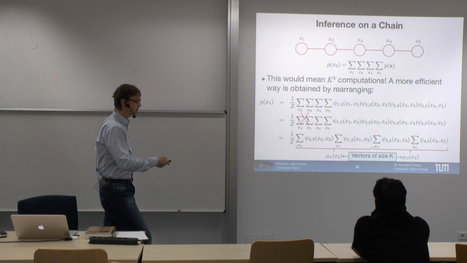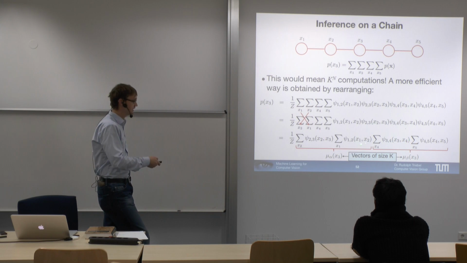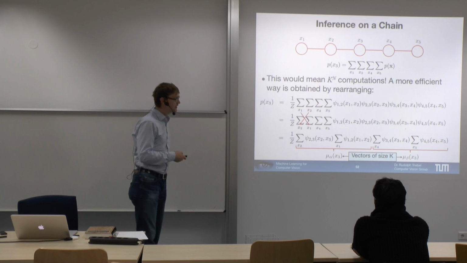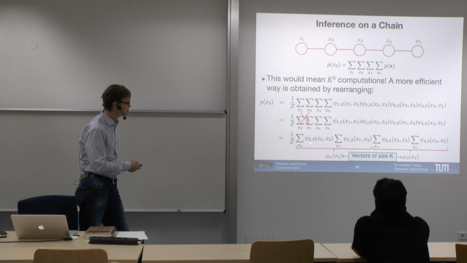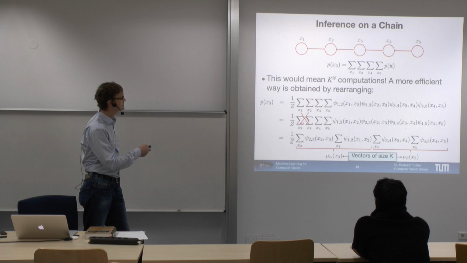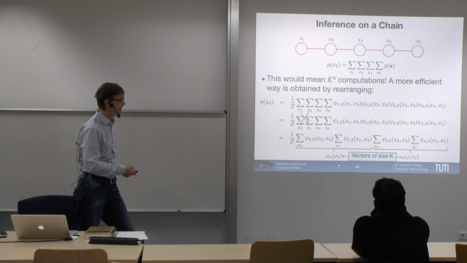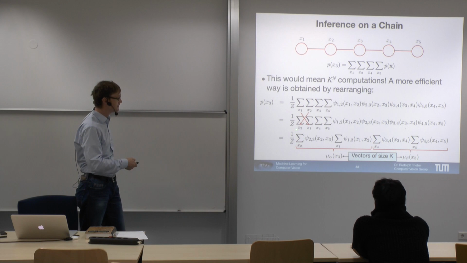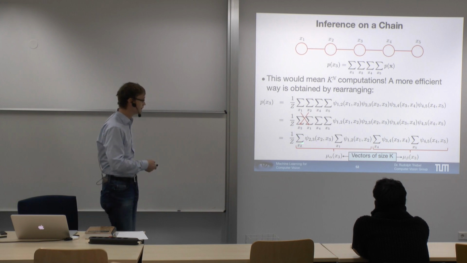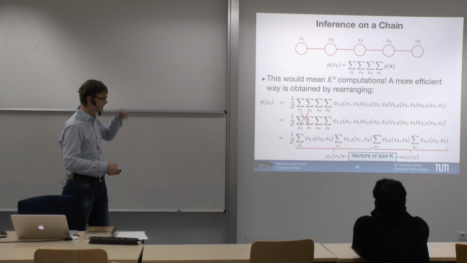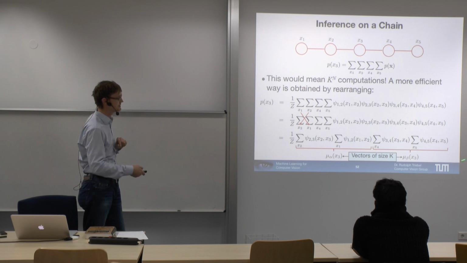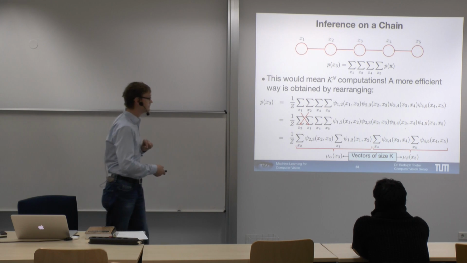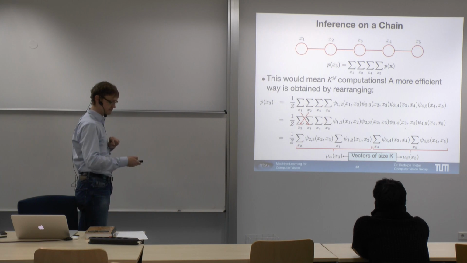Then we have a vector of k states, and this vector goes into the next sum, and this goes into the next sum and the next sum, right? So another way of writing this is: this whole thing here is everything before x3, right? These are potentials 1,2 and 2,3, going from left to right. These two sums can be written as a vector of length k, because we just go over all the states of x3, and for every state of x3, we sum over x2 and we sum over x1, right? So that means we have a vector that gives me a number for every state of x3, and this number is computed by sums recursively. And the same is here, right? So we have vectors here and vectors here, and now we simply have to multiply these vectors together